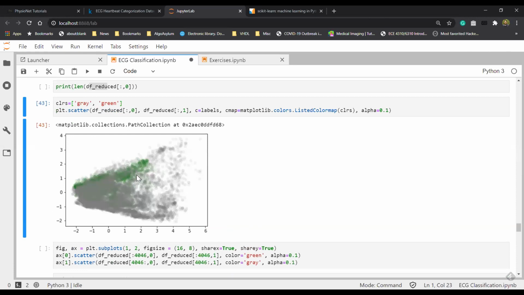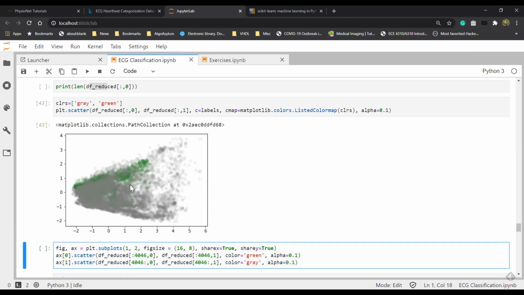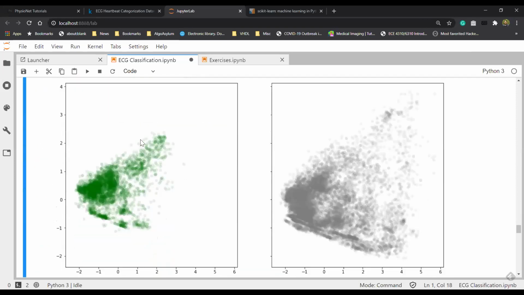we get something that looks like this. And this looks really horrible. I mean, how are you ever going to disambiguate or even do a nearest neighbor between these two? But keep in mind, this is actually 188-dimension data that's been projected to 2 dimensions. In 2 dimensions, we are only capturing 50% of the variance. 5 dimensions was 60% and 15 was 81%. And remember, we are actually going to be doing k nearest neighbors in a 15-dimensional space, not in a 2-dimensional space. Okay. I could, instead of plotting it like this, create 2 different plots